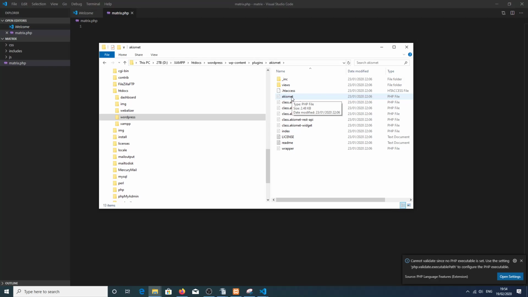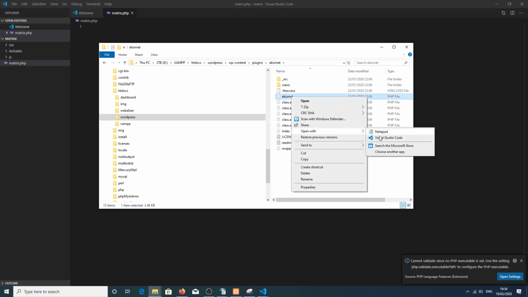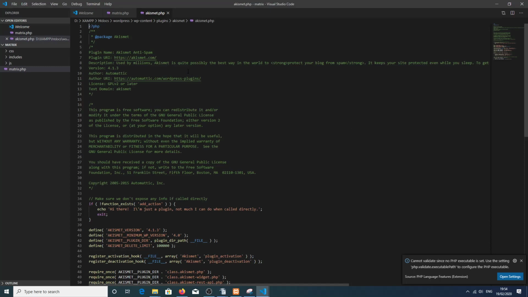If we open this one in Visual Studio Code, we can see that this is going to be our basic data, and then this is a security statement here